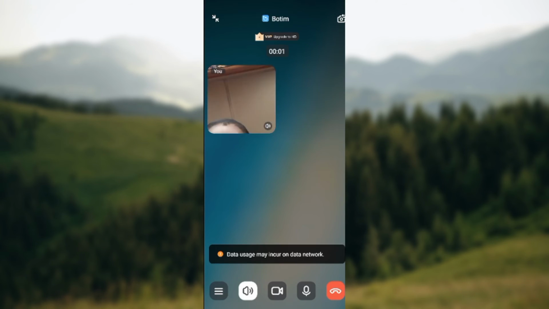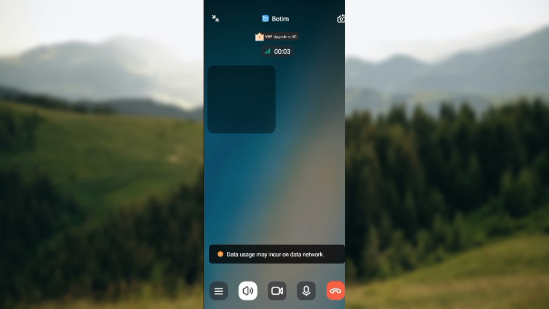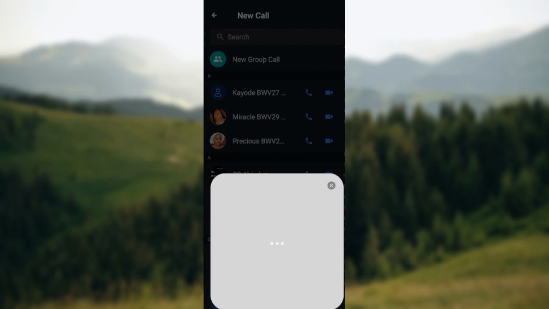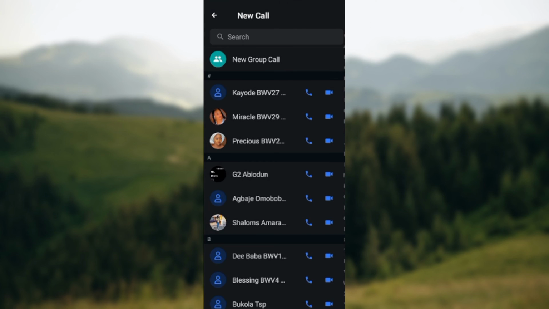Or in case you're already done, just end the call. Or you can just decide to select the contacts one after the other, and then hold a group call. You can do it any way you want, but this is how you can create new group call on Botim